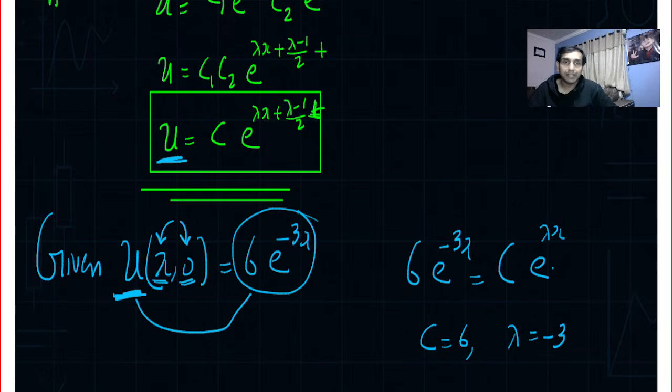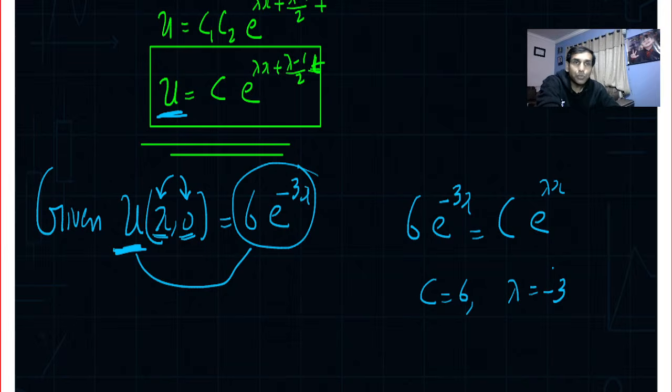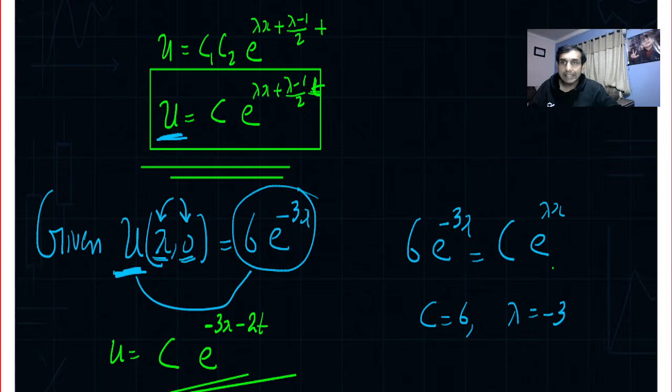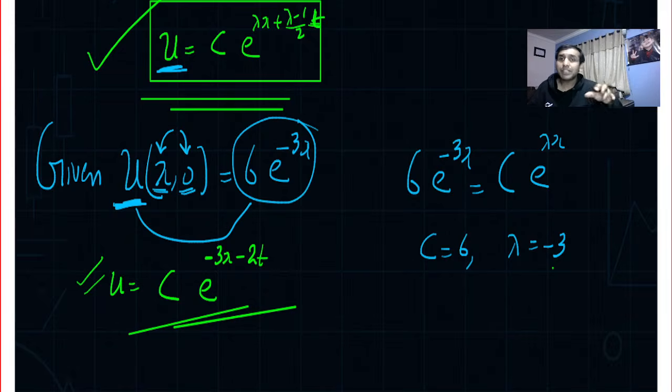Now let's plug it back. So when you plug it back, u will become c into e power minus 3x, and you put minus 3 minus 1, that will be minus 4 by 2, minus 2t. That's it. So this is the final particular solution. I hope you remember the name. This one is called general solution and this is called particular solution. So I'll be back with two more problems like this, which is very important, and then we will start with modeling wave equation. So till then, my friends,